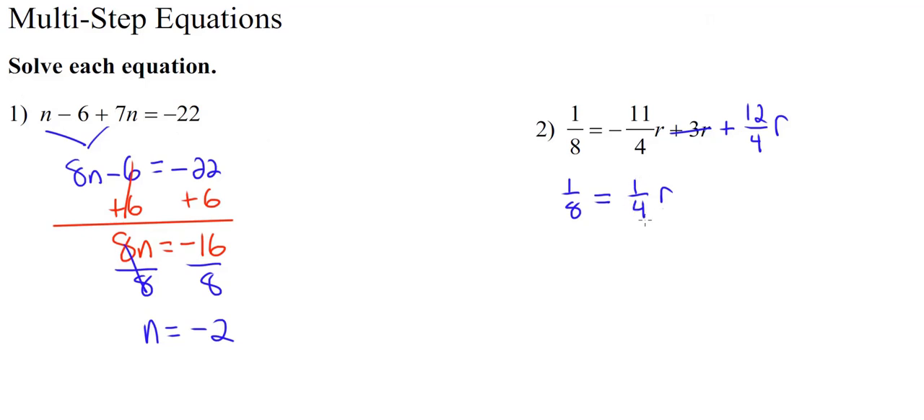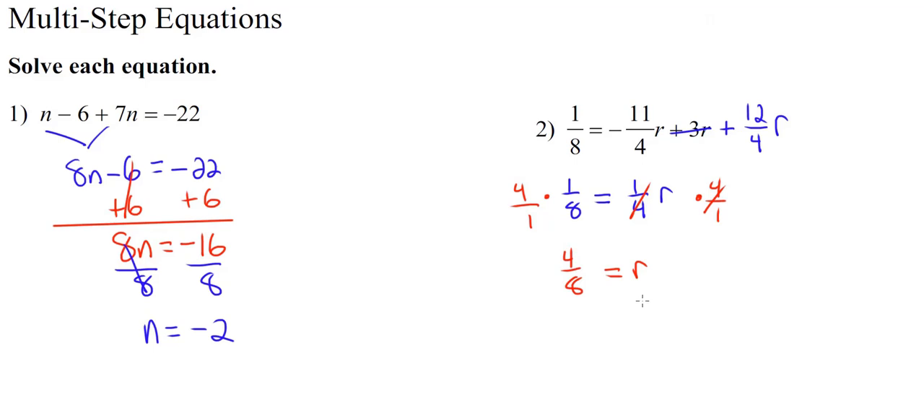So we have to undo multiplication by this fraction 1/4. And the way we undo multiplication by a fraction is we flip and multiply. So we're going to multiply both sides of this equation by the reciprocal of 1/4, which is 4/1. So on the right-hand side, these cancel each other out, leaving us with r. And on the left-hand side, 4/1 times 1/8